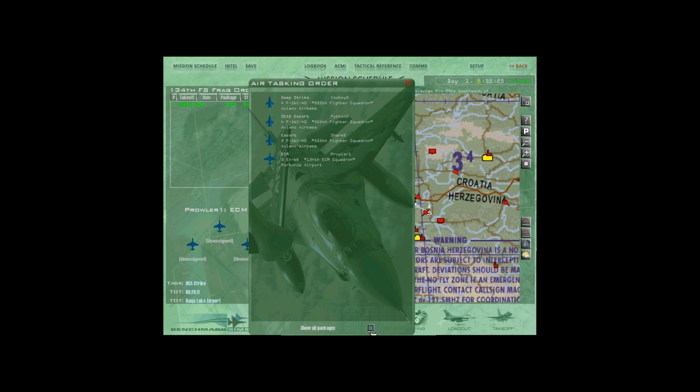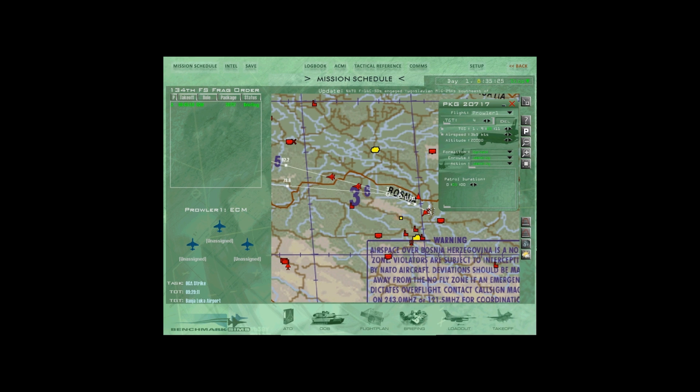If we go back, actually we can just do this through the steer points. If we go to Cowboy 2 and we go to steer point 1, you can see he's taking off at 8:42. Python 2 is taking off at 8:42 as well, and Shark 2 is taking off at 8:42:32. So we should probably spread out Python and Shark just to get a little more separation so that everyone has